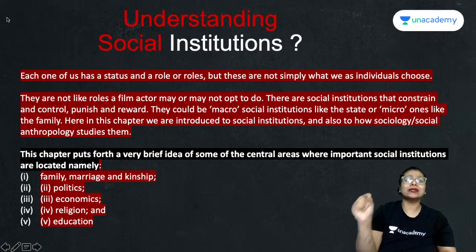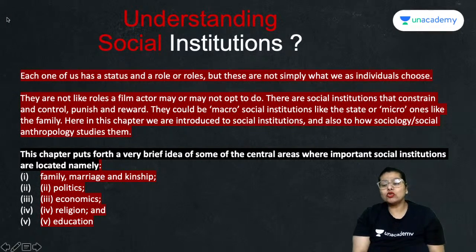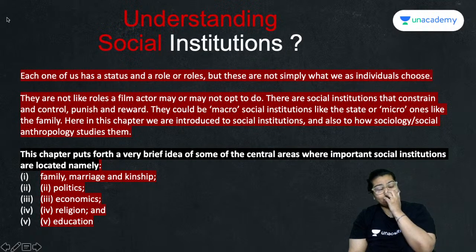These are social institutions which consist of controlling, punishing, and rewarding. Now when you are in a society, you have to understand, if you do some crime, you will get a punishment. If there is a crime,